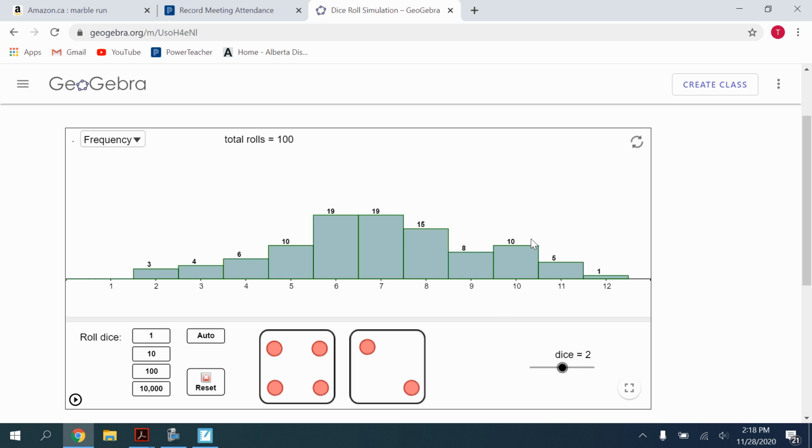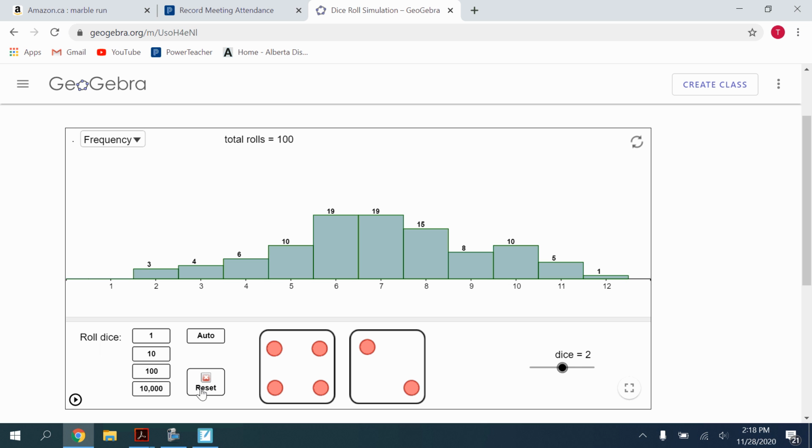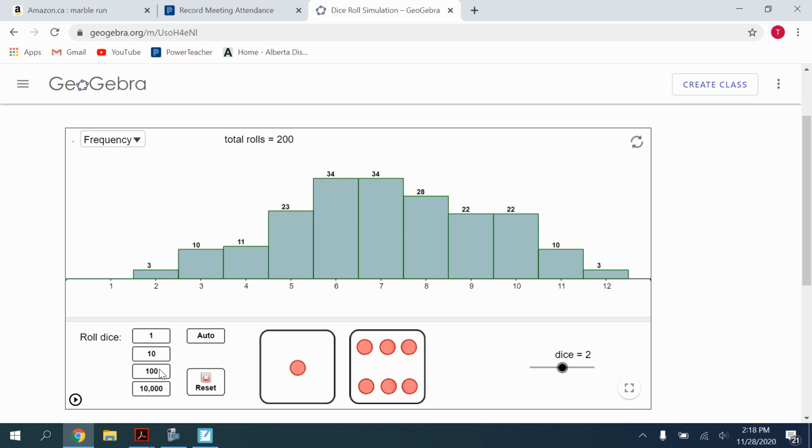Of those 2 dice, each could land on any of the 6 sides at any point. We could actually have 100 dice rolls that were equal to 12. It's very improbable, but it could actually happen. Or all 100 could be equal to 2. Or we could have it evenly distributed, with all the same value. Any of those could happen. So as we add on more dice rolls,